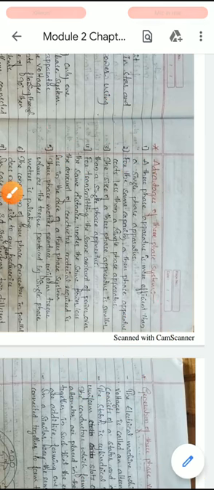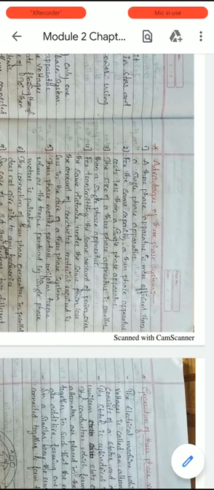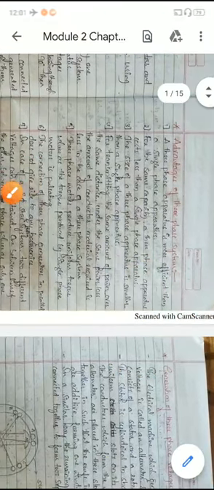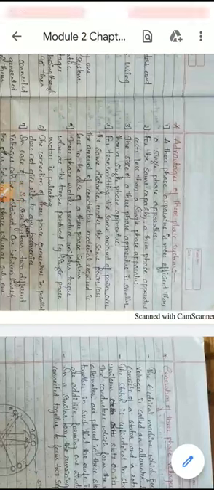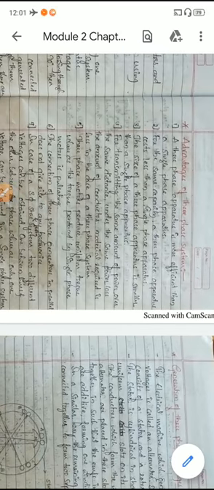That is the first advantage: a three-phase apparatus is more efficient than a single-phase apparatus. That is, we can achieve our desired result using any one of the three phases, but that is not the case in single phase. Next, for the same capacity, a three-phase apparatus costs less than a single-phase apparatus, so cost is also less in the case of three-phase. The size of a three-phase apparatus is smaller than the size of a single-phase apparatus. Next, size.